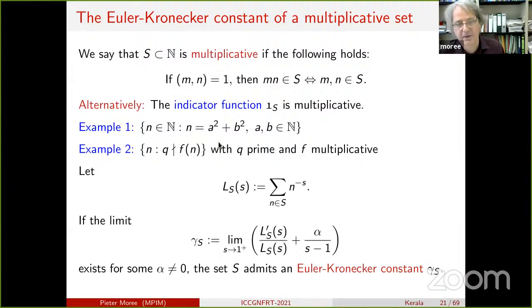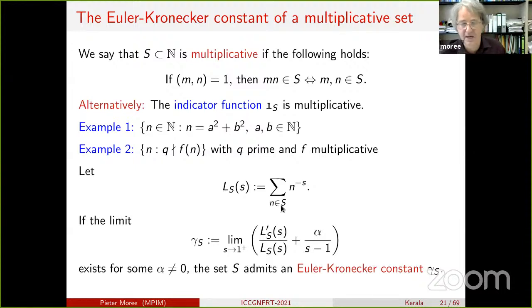And so by the result of Fermat, we know that integers that can be written as a sum of two squares form a multiplicative set. And actually, we are looking at sets of this form. You fix some prime q, you have some interesting arithmetic function f of n, assuming integer values, that in addition is a multiplicative function. And then it's a trivial exercise to see that this set is multiplicative if your f is a multiplicative function. So you can define